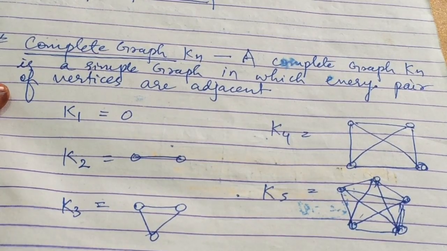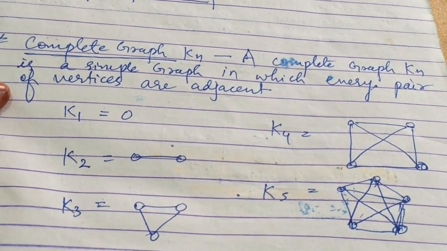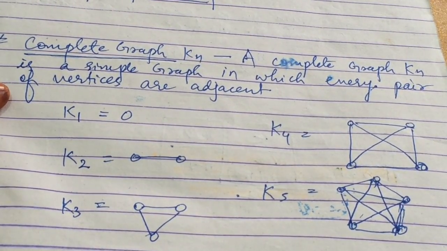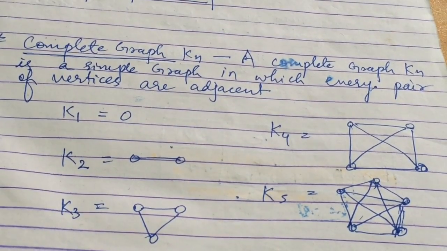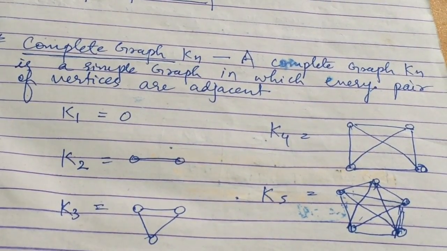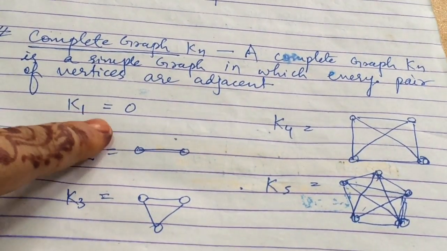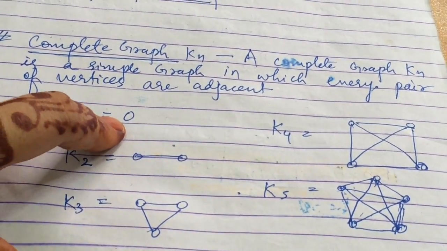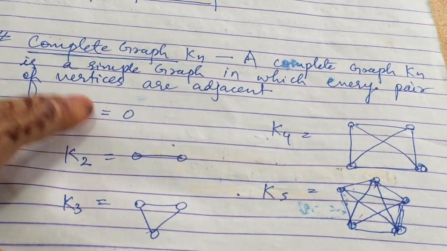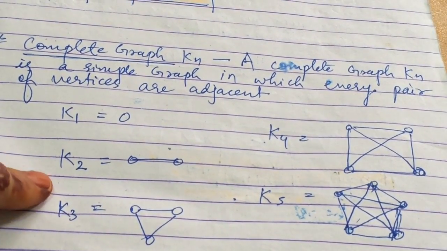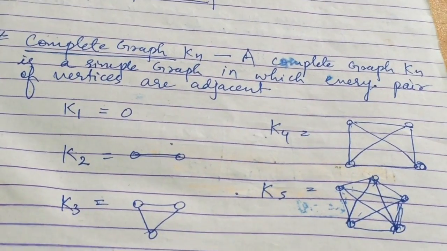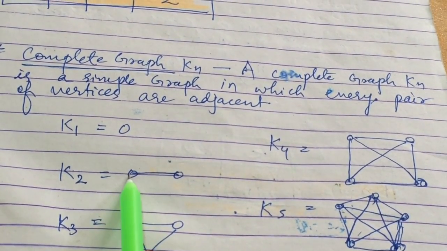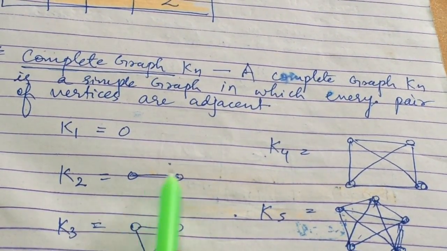are adjacent. Okay, so in which every pair of vertices are adjacent, means all the vertices are connected with all other vertex in the graph. Suppose there is only one vertex in your graph, like this one. This is called K1. Since there is only one vertex, there will be no edge. In K2 there are two vertices, and this vertex should be adjacent to this, means there should be one edge between them. For K3